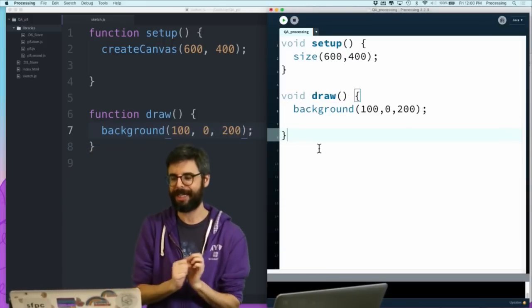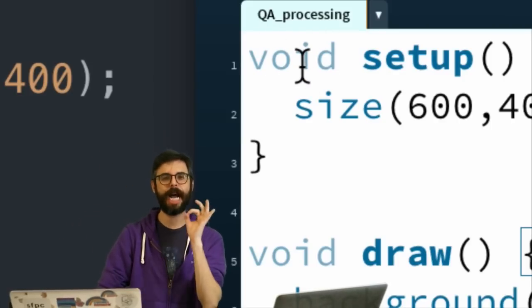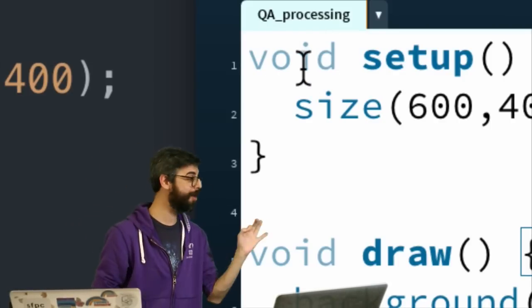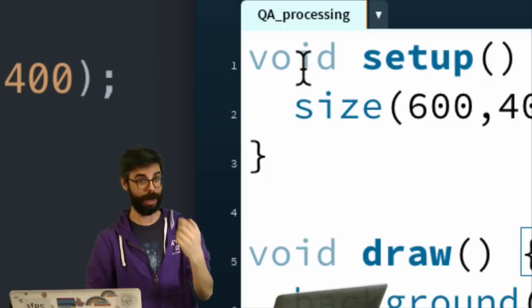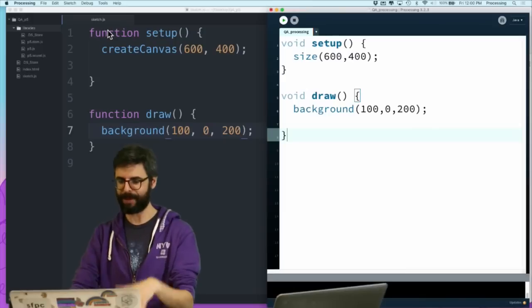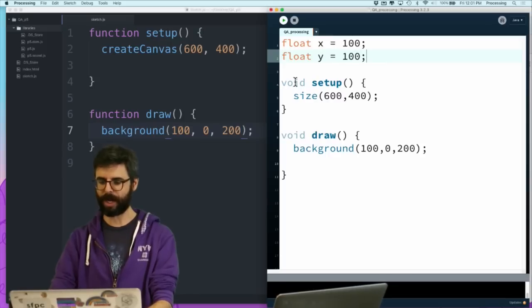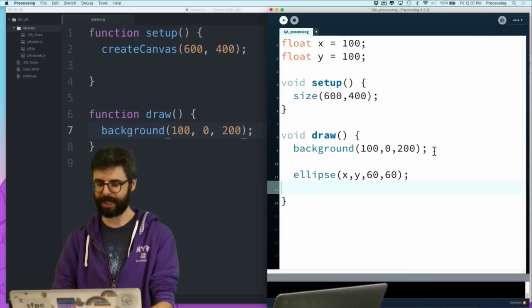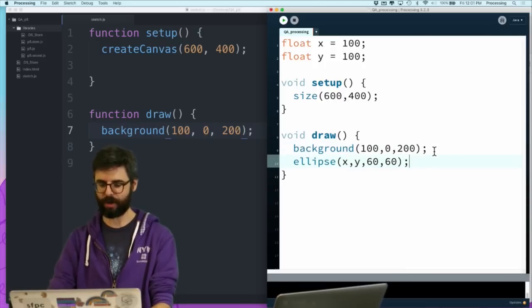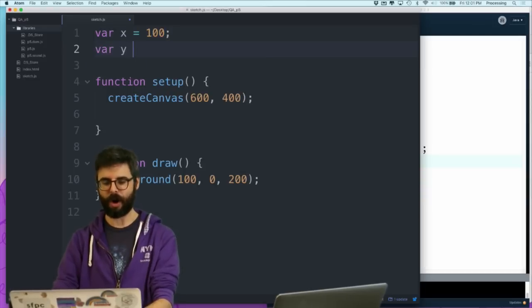Let's highlight some other key differences. Java syntax, void. Functions, Java is a typed language, meaning if I have a function, I have to say void, which means it doesn't return anything. If it's going to return a number, I have to say what kind of thing. In JavaScript, I only ever say function. Same thing if I want to add a variable. float x = 100; float y = 100; and then I might use the ellipse function, ellipse(x, y, 60, 60), right? If I want to add that code over here, var x = 100; var y = 100;